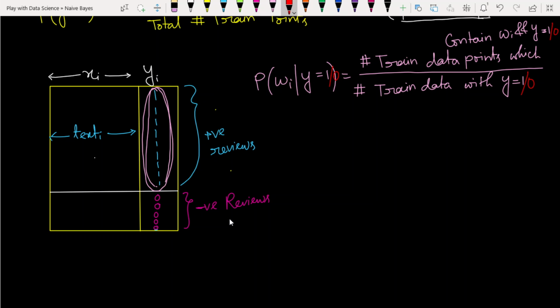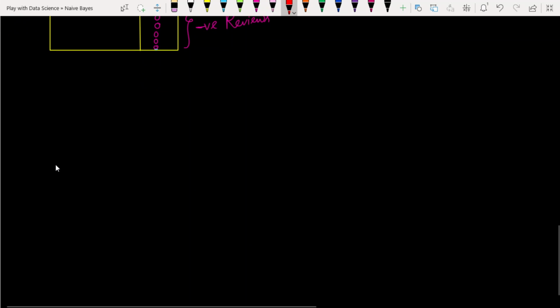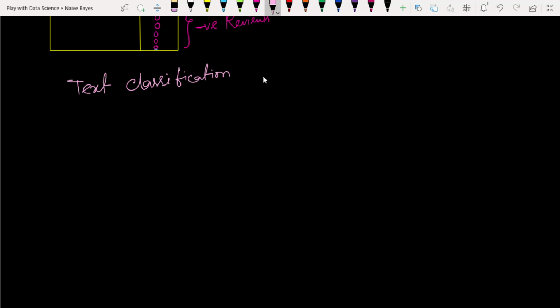Okay, now I think this is simple, our train data set. I think this idea is clear to all of you, how to calculate this thing. So in the problem of text classification, if you consider only text classification,